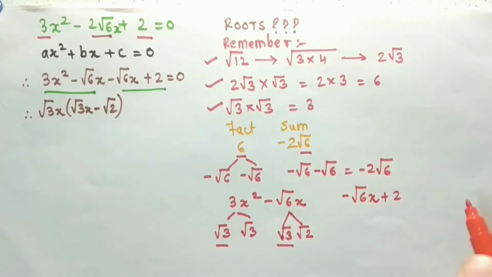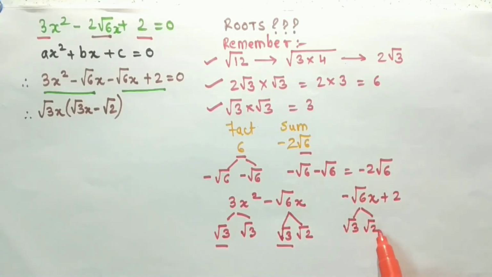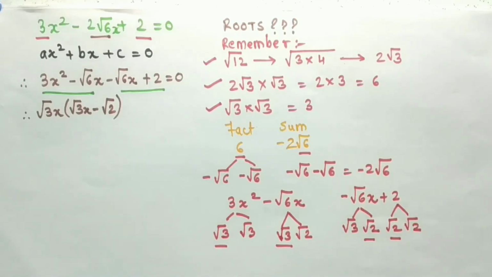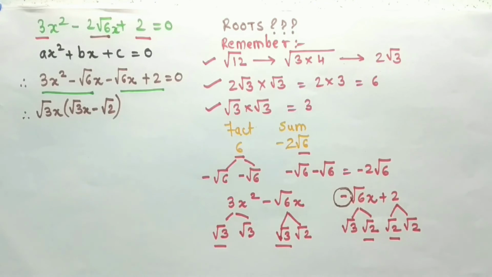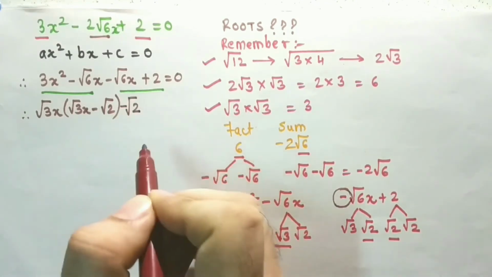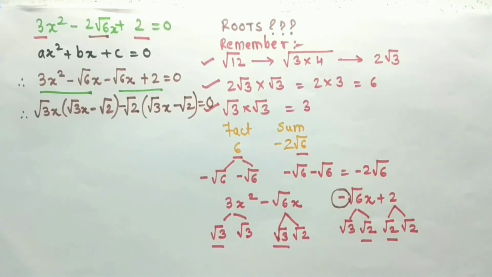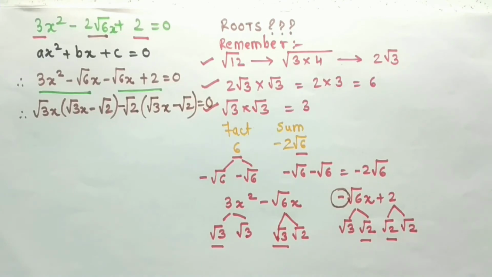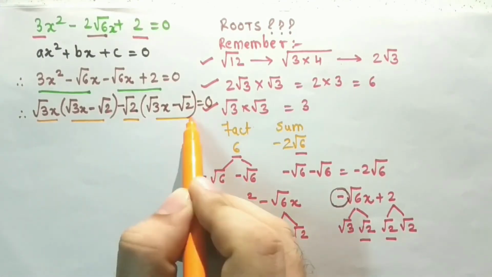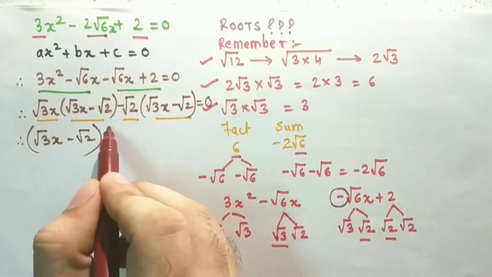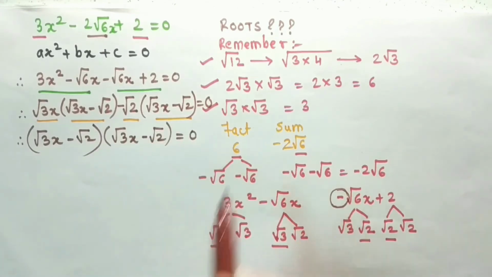Now from the second group, minus under root 6x plus 2, I have to split 2 into its under root forms, which is under root 2 into under root 2, and under root 6 in its factors as under root 3 into under root 2. From these, I will get under root of 2 as my common factor, which will come out of the bracket, and inside the bracket I will get under root 3x minus under root 2 is equal to 0. I will unite the terms which are outside the bracket and make a bracket, which is under root of 3x minus under root 2, multiplied by a single term which is inside the bracket, under root 3x minus under root 2